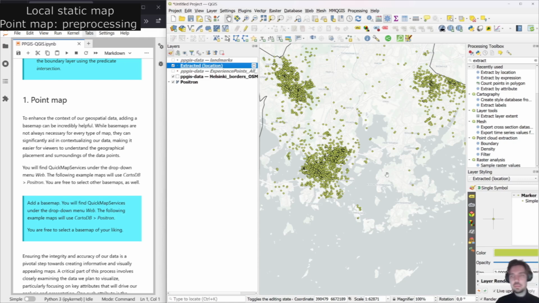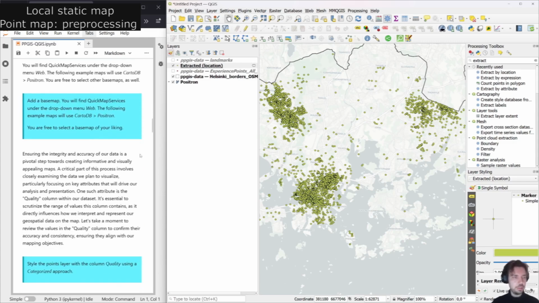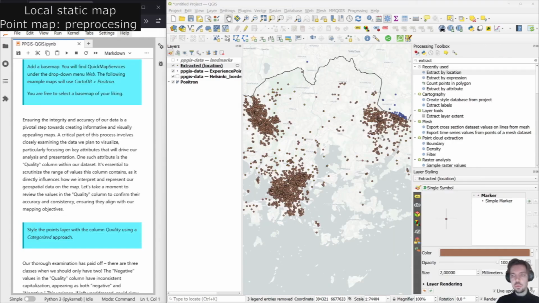We don't need to style it. Of course, if you want to create a map for a specific purpose, you usually want to do that styling yourself, but this is good enough for our purposes right now, exploration of this data. So we'll keep working on this extracted layer,